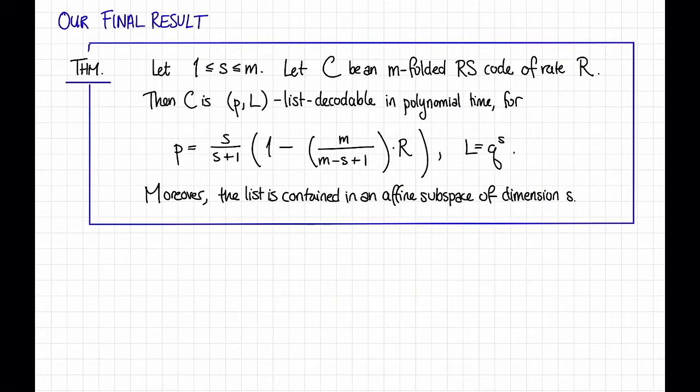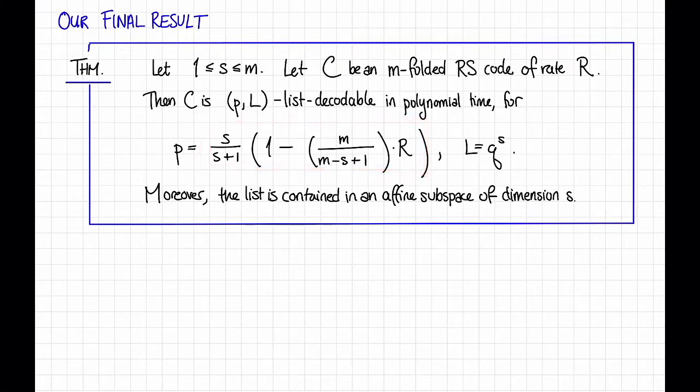Let's choose parameters s and m so that 1 is less than or equal to s is less than or equal to m, and s and m are integers. Let C be an m-folded Reed-Solomon code of rate capital R. Then, C is (p, L) list decodable in polynomial time, where p is equal to this thing, we'll break that down in just a second,